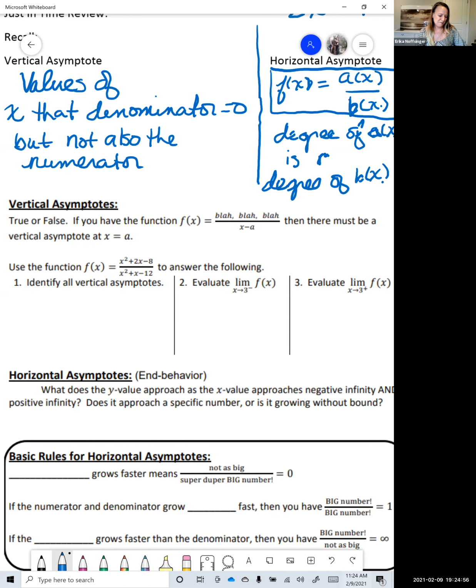Okay, so many thumbs up, agreeing that a vertical asymptote would occur at x equals a, because a sets that denominator equal to 0. We have to be careful though, because this could be false. It only occurs if the value sets the denominator equal to 0 and not also the numerator. Because I don't know what's up here, it could have a factor of x minus a. So I'm going to say false,